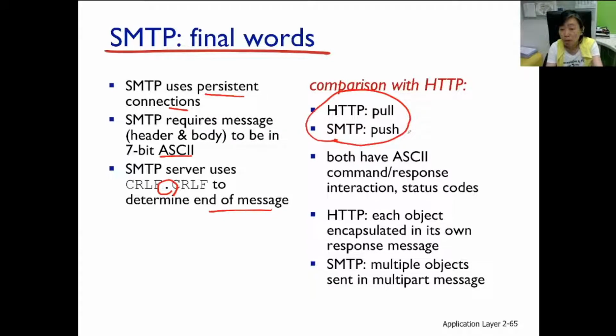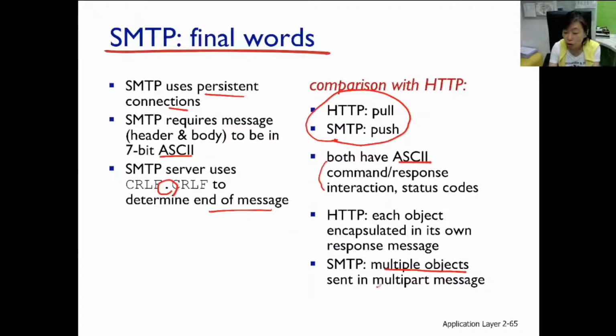Now, object here I mean email. They are similar in this way: commands and responses, all these messages, are in ASCII text format. But HTTP and SMTP are also slightly different in this way. In HTTP, each object is encapsulated in a response message, so the HTTP server sends one object at a time, one object per message. But SMTP can send multiple objects in one message.